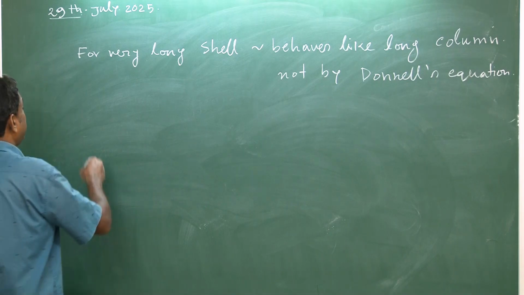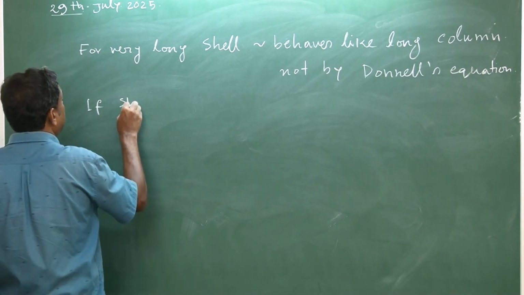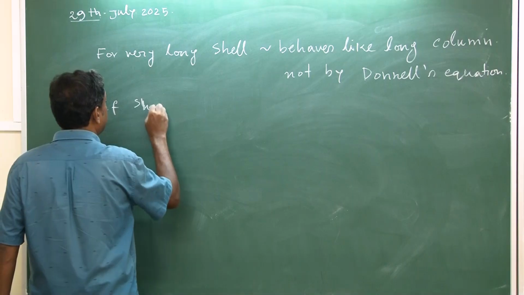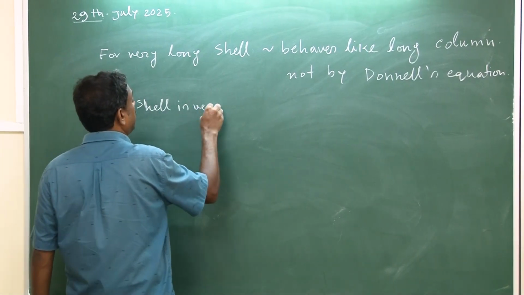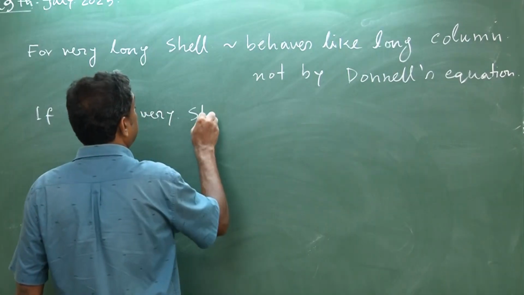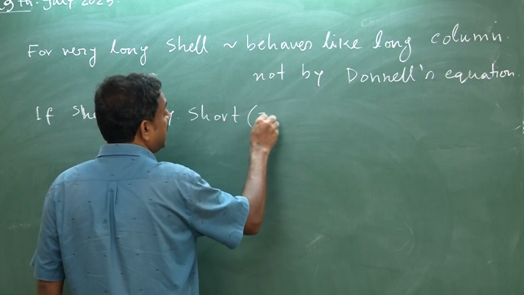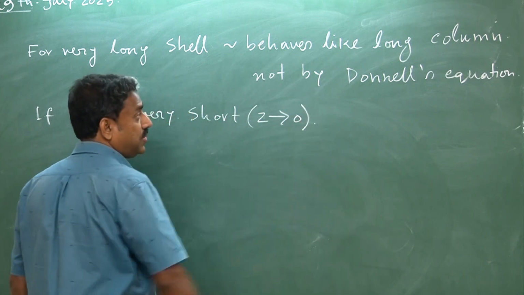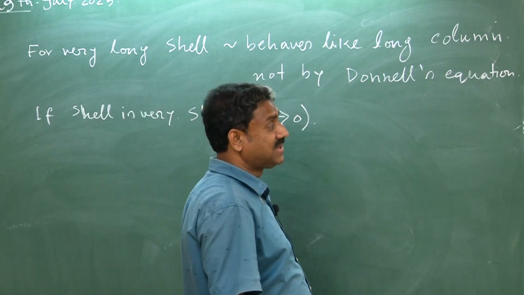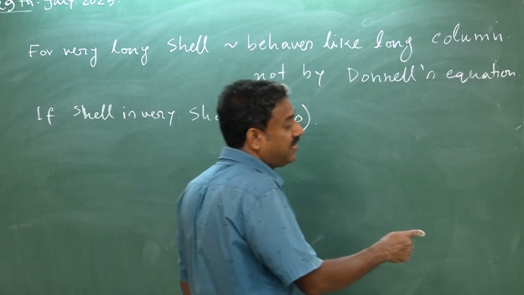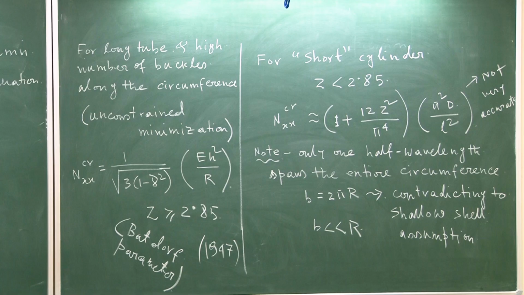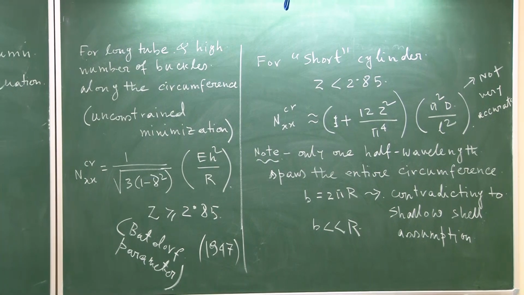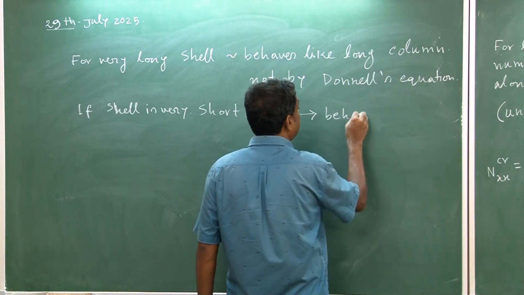Another thing, if the shell is very short, that means Z tending to 0. So, please note that when we are discussing Z greater than 2.5 and less than 2.85, it is not encompassing the very long and very short shell. With Z tending to 0, the shell will behave like a plate,